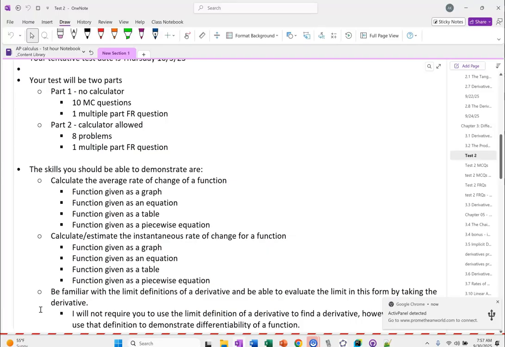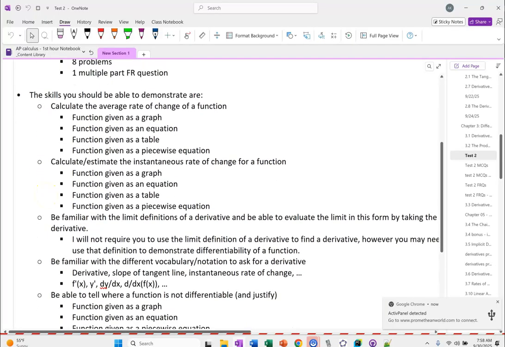So skills that'll be emphasized: being able to calculate the average rate of change for a function. When we say average rate of change, we mean slope. Can you find the slope given a graph, given an equation, given a table, given a piecewise function? Just depending how it's presented,